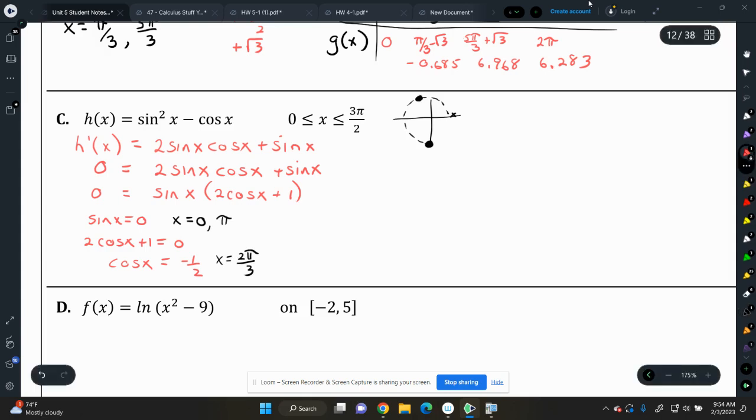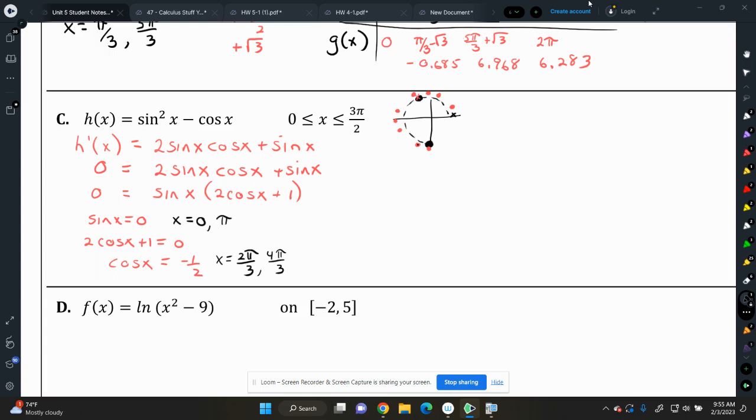So remember, I go around, I'm like, this is pi over 6, 2 pi over 6, 3 pi over 6, 4 pi over 6, 5 pi over 6, 6 pi over 6, 7 pi over 6, 8 pi over 6, 9 pi over 6, right? You're ignoring the pi over 4s, the 45-degree angles. Each one of these represents pi over 6. So here we are at 4 pi over 6, which is 2 pi over 3. And then the other spot is down here, right? So 6, 7, 8 pi over 6 or 4 pi over 3. So we have 4 spots